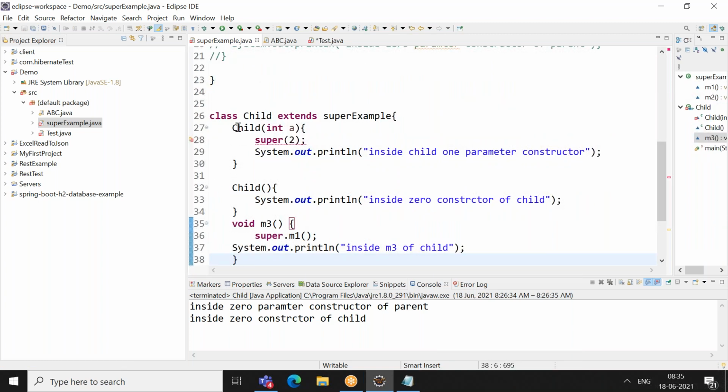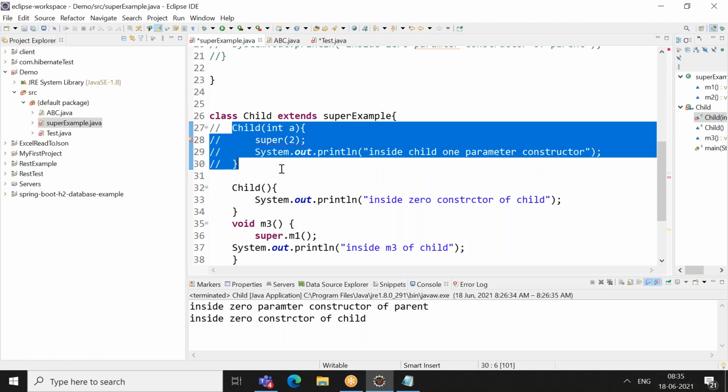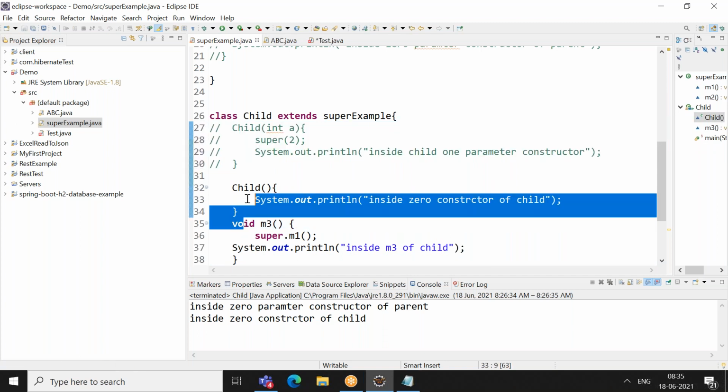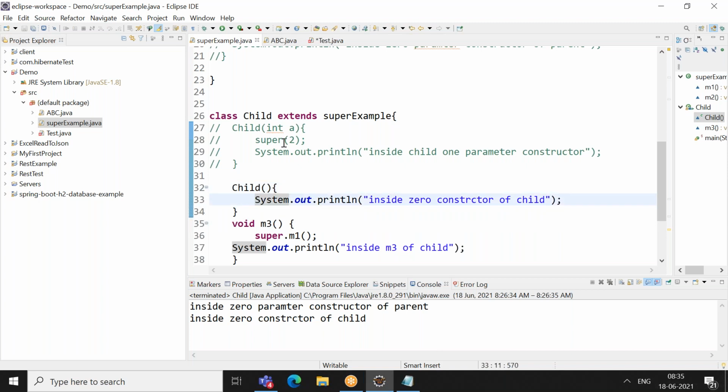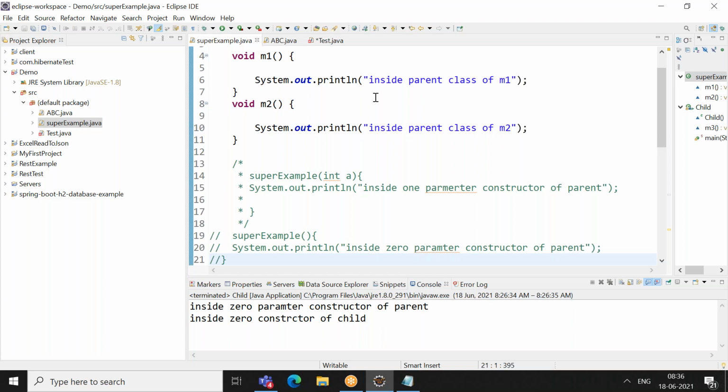So why is this error different? Again, we will return to this, so do not worry. So this particular error which we faced before is gone. Why? Because whenever you are creating with zero parameter, obviously your parent is not having any constructor, zero or one, so your compiler will create with zero.